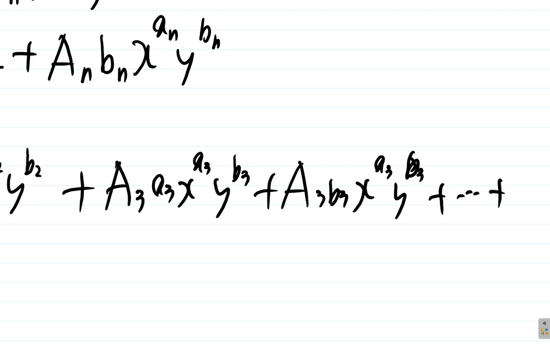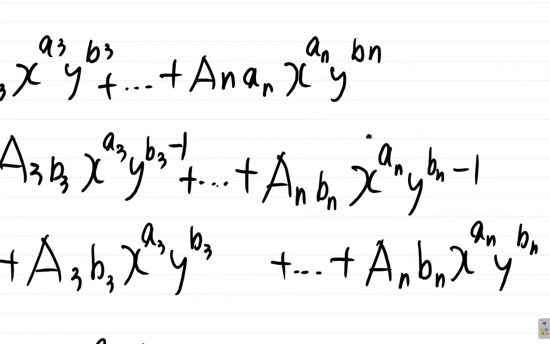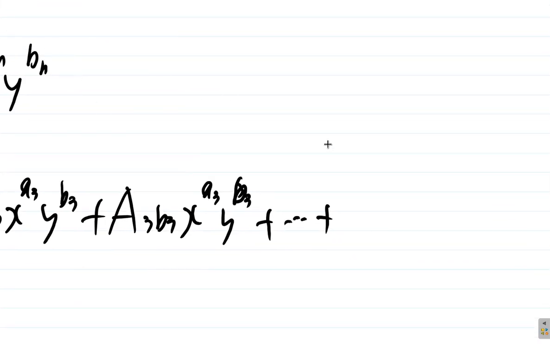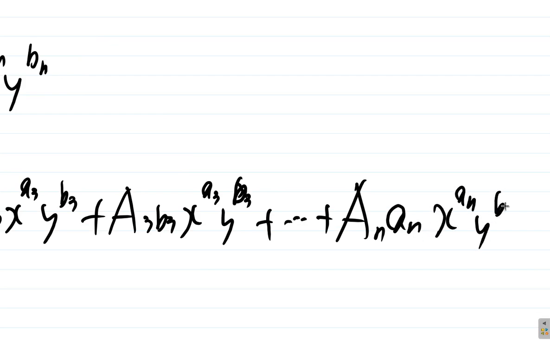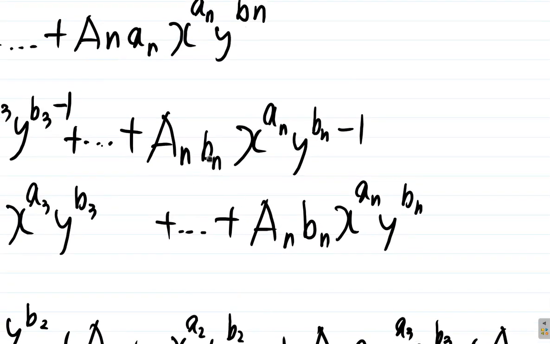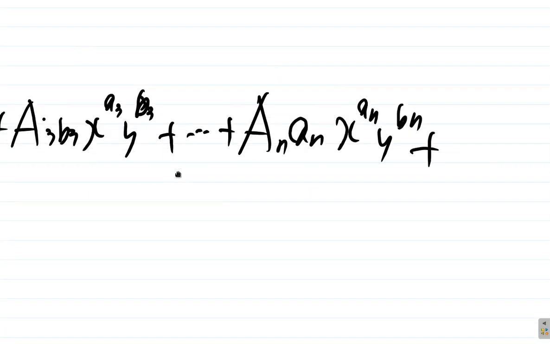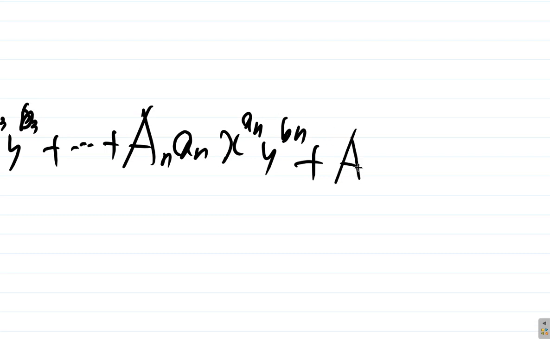and so on and so forth plus, and then this last part now up here, an x to the an y to the bn, so it's an x to the an y to the bn plus, and then here we have an bn x to the an y to the bn, so it's an bn x to the an y to the bn. Alright,